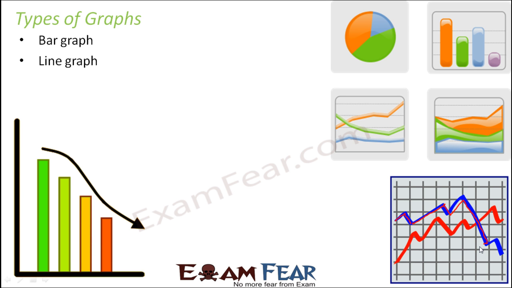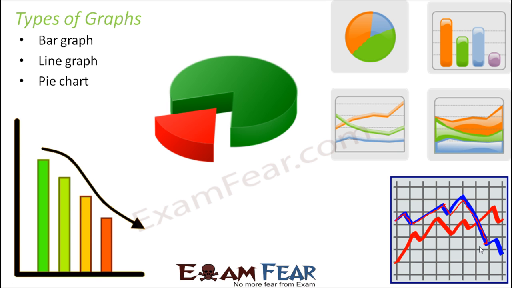All of them are connected to each other, and normally a line graph helps you tell the pattern of a particular change. Like I was just saying, if you want to show how the weather has been changing in the last few months, you can make use of a line graph. Looking at the line graph, you get an idea if the temperature has been increasing in the last few months, or the temperature is fluctuating, sometimes more, sometimes less, or the temperature is falling. Just by looking at the line graph itself, you can get an idea about the change in temperature.